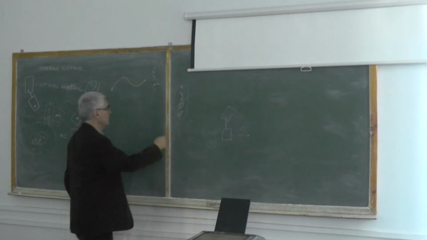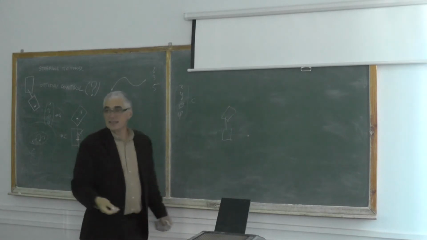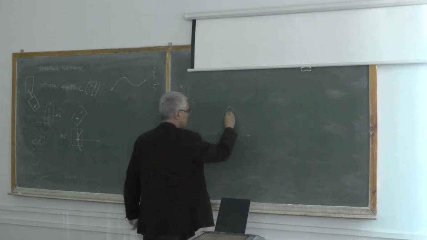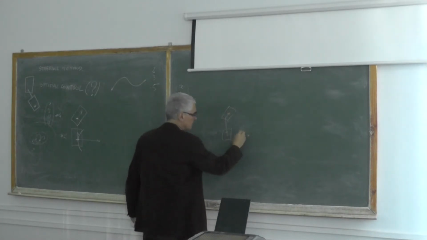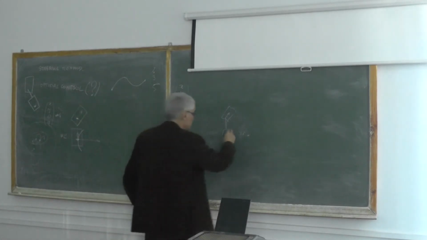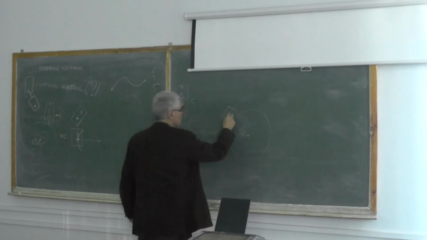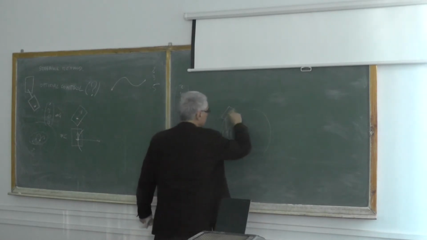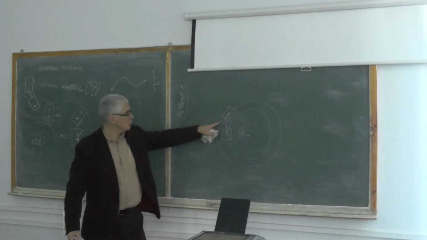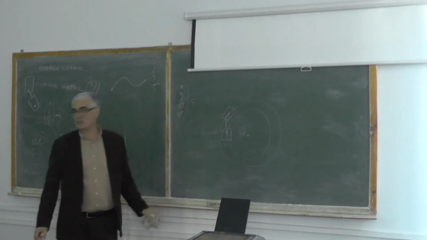I say that for any configuration C, there is a canonical course such that the angle here, which is phi, remains constant. It's quite simple. This course is just an arc of circle for that one, and an arc of circle for that one. Ask the driver to follow this arc of circle, and the angle here will not change.